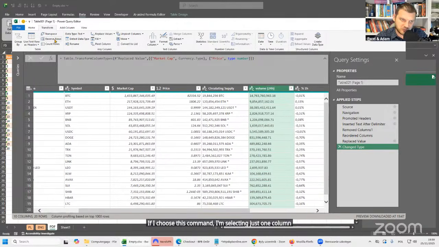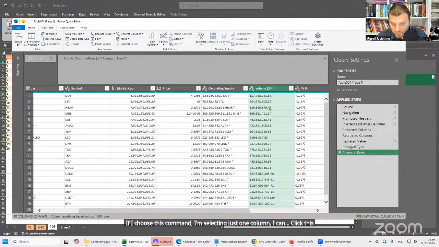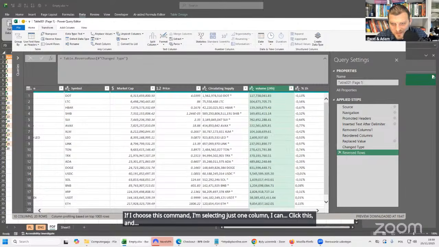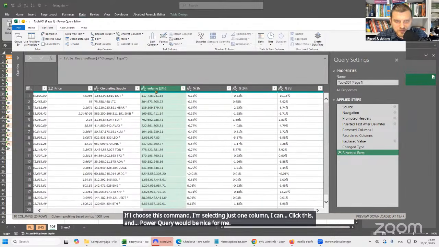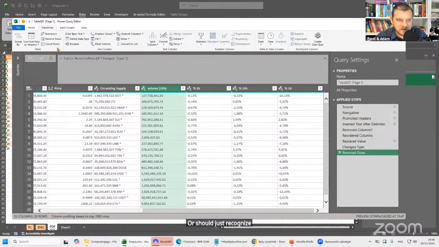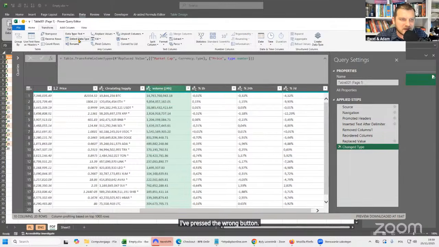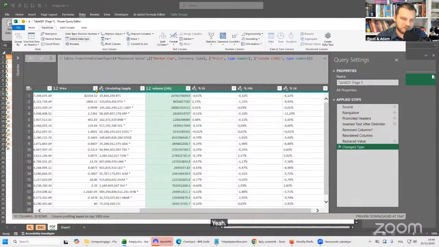I can click this, and Power Query should recognize it. Yeah, data changed. I've pressed the wrong button. Okay, and Detect Data Type. Somehow I pressed the Reverse Rows command. Okay, so it does recognize the